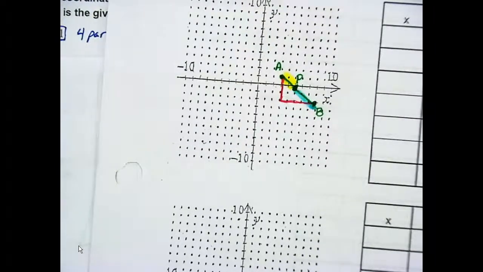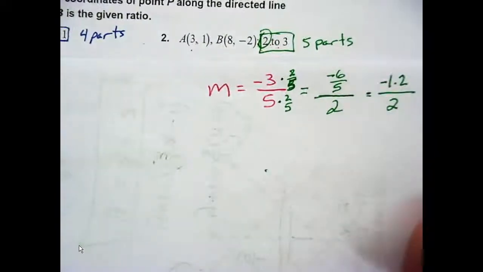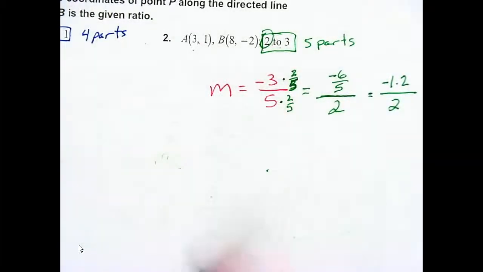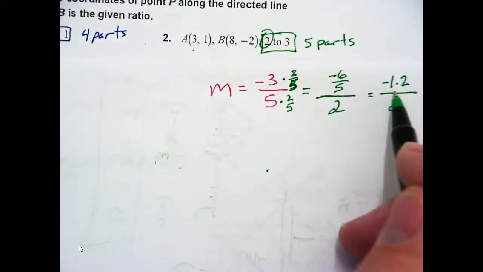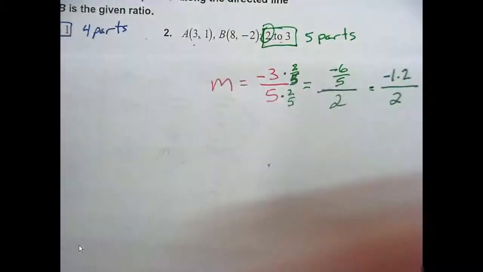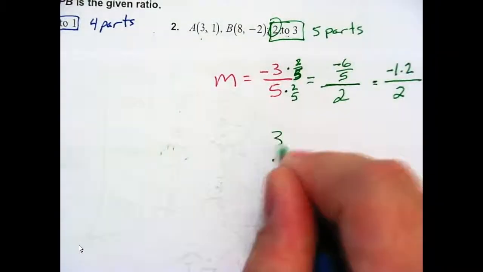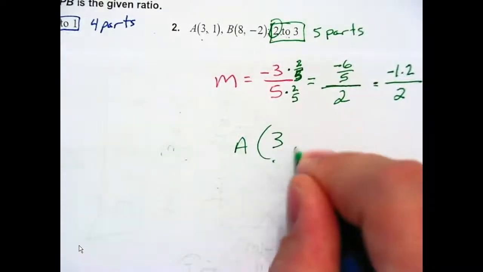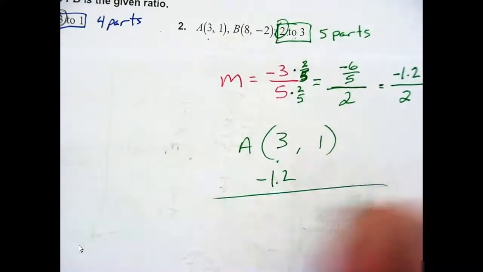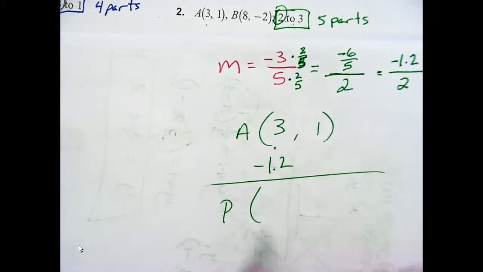Okay? So we're asked what are the coordinates of that. And so from here, I have negative 1.2 and 2. That means from my point A, I am rising negative 1.2, which means I am going down from 3. Right? And that's what we did in our picture. We went down from 3, 1.2. So if I'm at 3, the ordered pair 3, 1, and I drop down 1.2, that's going to bring me to point P, which is 3 minus 1.2, or